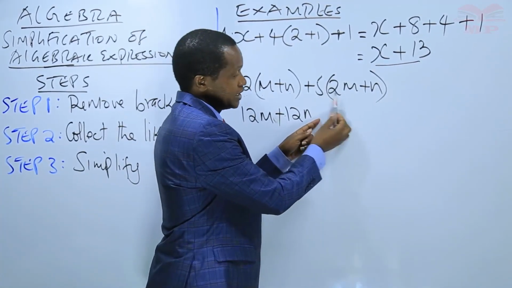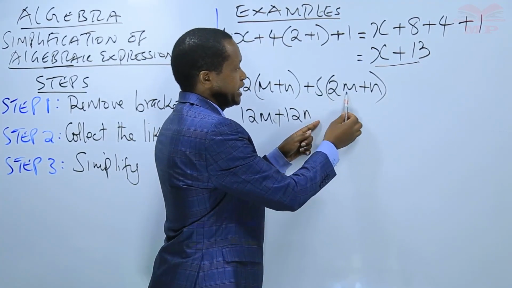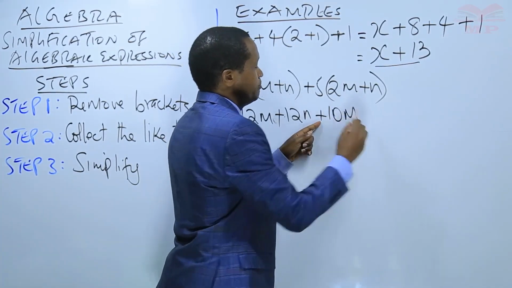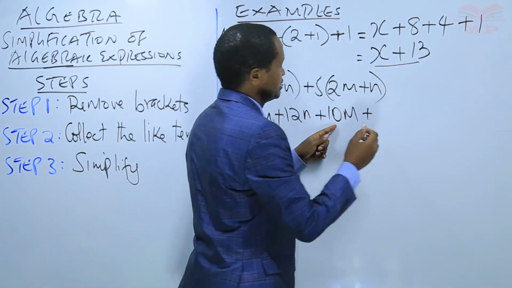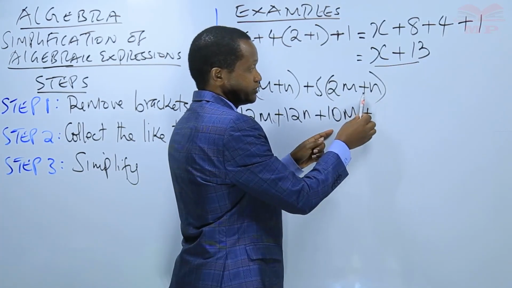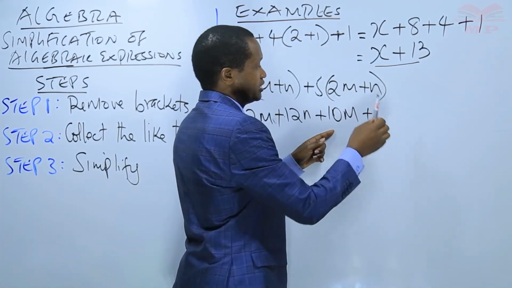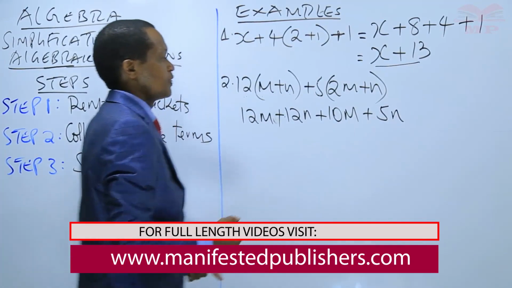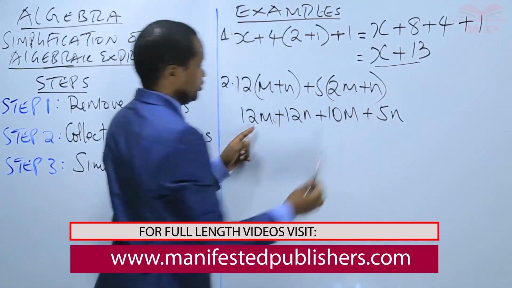Then 5 times 2m will give us 10m plus 10m. 5 times 2m is equal to 10m plus 5 times n, and there is a positive sign here. So we have positive 5 times positive n. That will give us 5n. Having removed the brackets, we